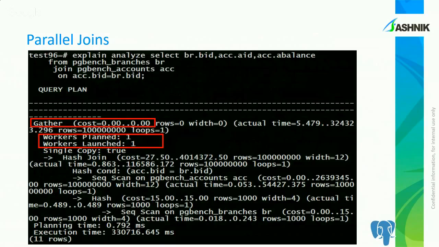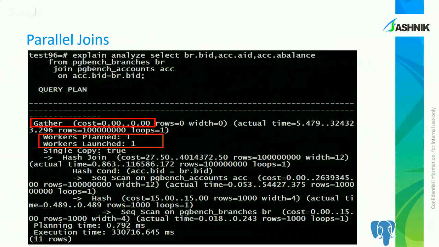I will come back to how I could force the optimizer to use parallelism here, but this was just for simulation purposes. As you can see, the time is almost 330 seconds, whereas without parallelism this query takes